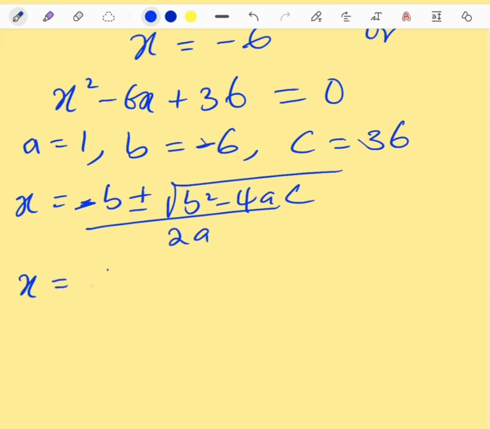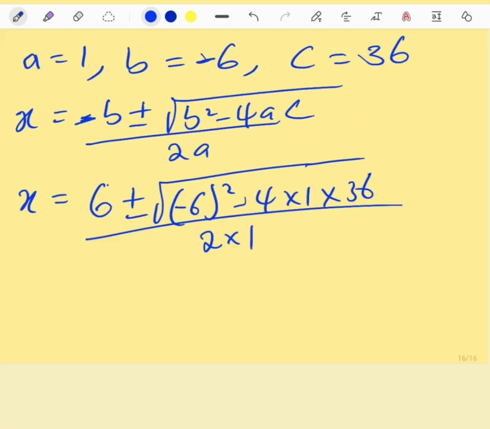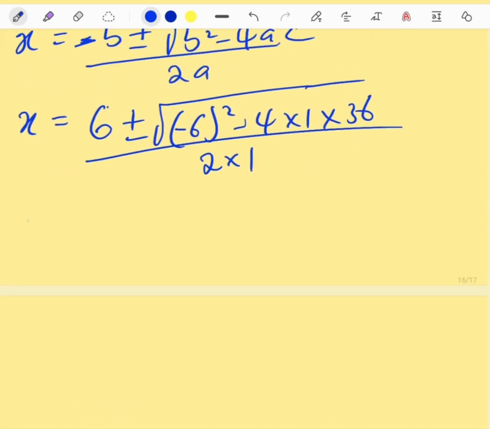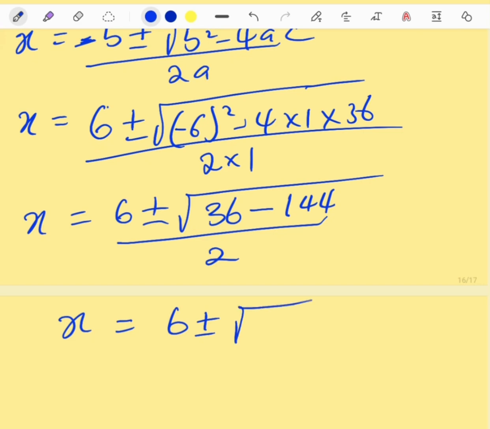So minus minus here gives us just 6 plus or minus square root of minus 6 all squared minus 4 times 1 times 36, everything over 2a, which is 2 times 1. So x is equal to 6 plus or minus square root of 36 minus 144, over 2. So x will be equal to 6 plus or minus square root of minus 108 all over 2,